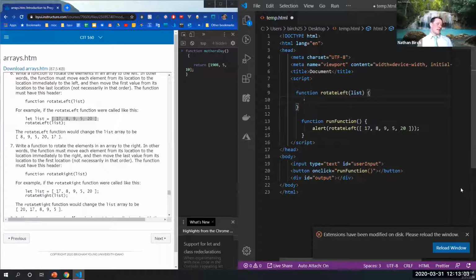Let's think through this. Let's think through how we could do this. We could easily do this with a loop. Let's see. The function must move each element from its location to the location immediately to the left, and then move the first value from its location to the last location, not necessarily in that order. Okay, so I'm going to show you guys 2 ways to do this. The first one,